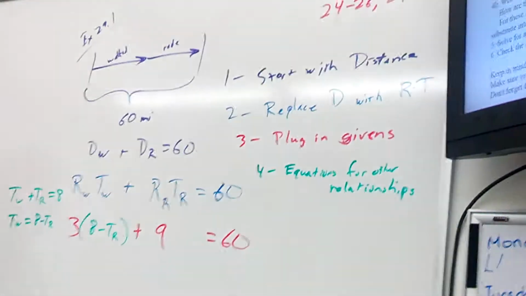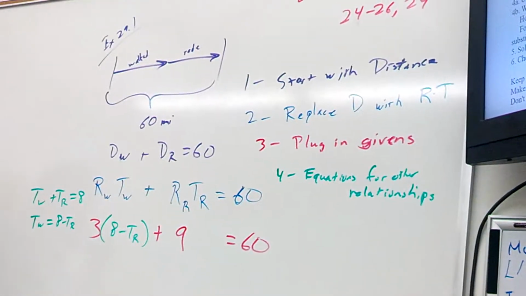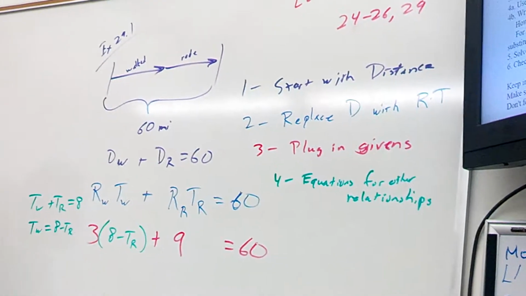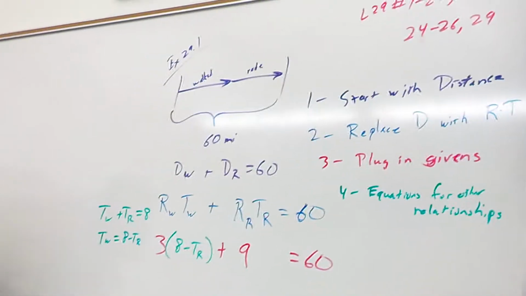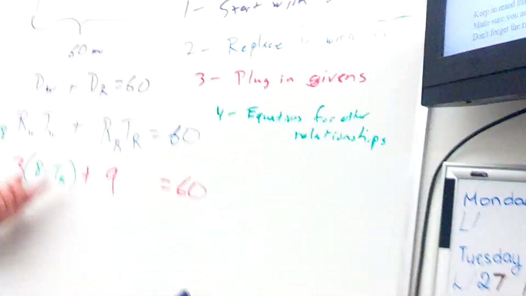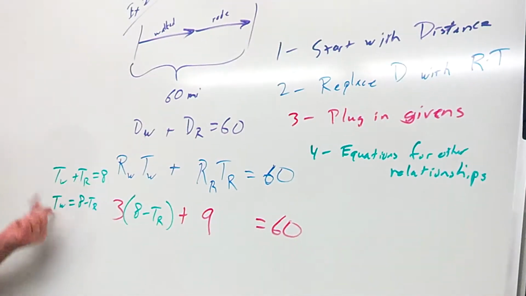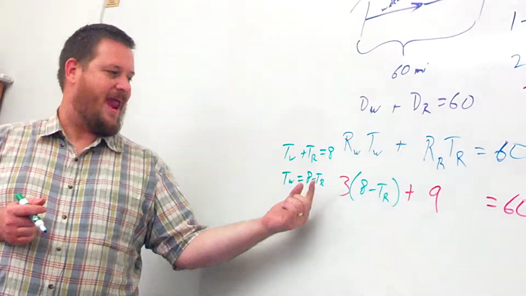Wait, I have a question. Does that mean TR equals 8 minus TW also? Yes. You can do it either way. It doesn't matter. Whichever way you do it, if I took this and solved for this variable, but both and I plugged